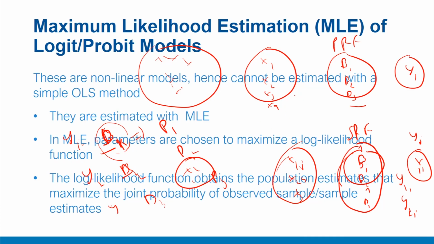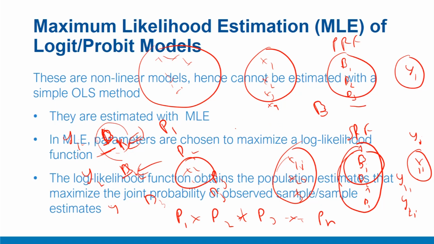For a given set of original parameters, which is b, there is a certain probability of observing this parameter estimate: p1 for this set of vector, p2, p3 for this set of vector, and so on. Ultimately, if you want to jointly maximize the probability of observing all these parameter estimates, the joint probability will be p1 into p2 into p3 and so on up till pn. If you have n observations, then this is the joint probability of having these observations, and each observation maps to a particular set of parameter estimates.